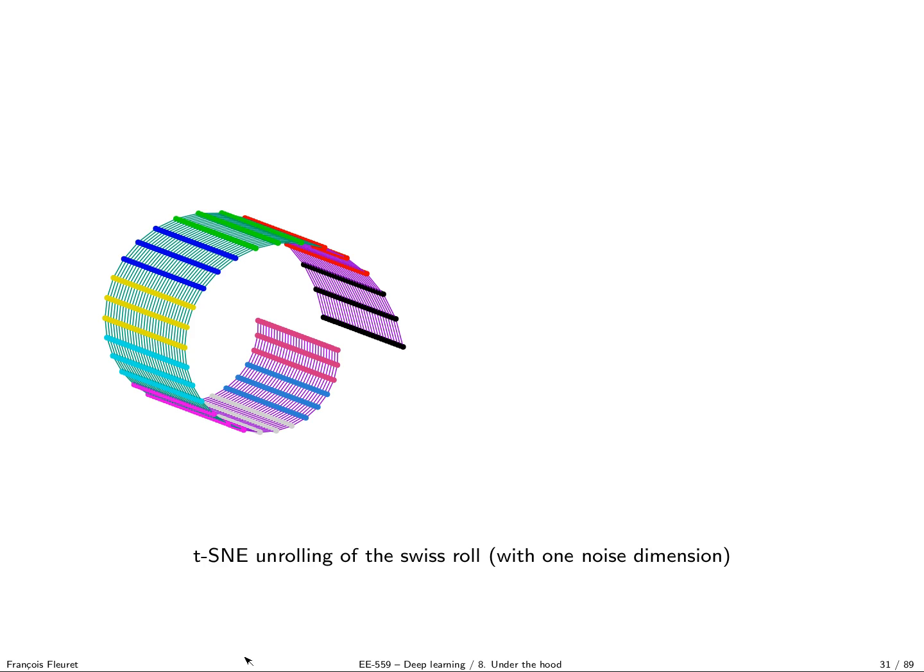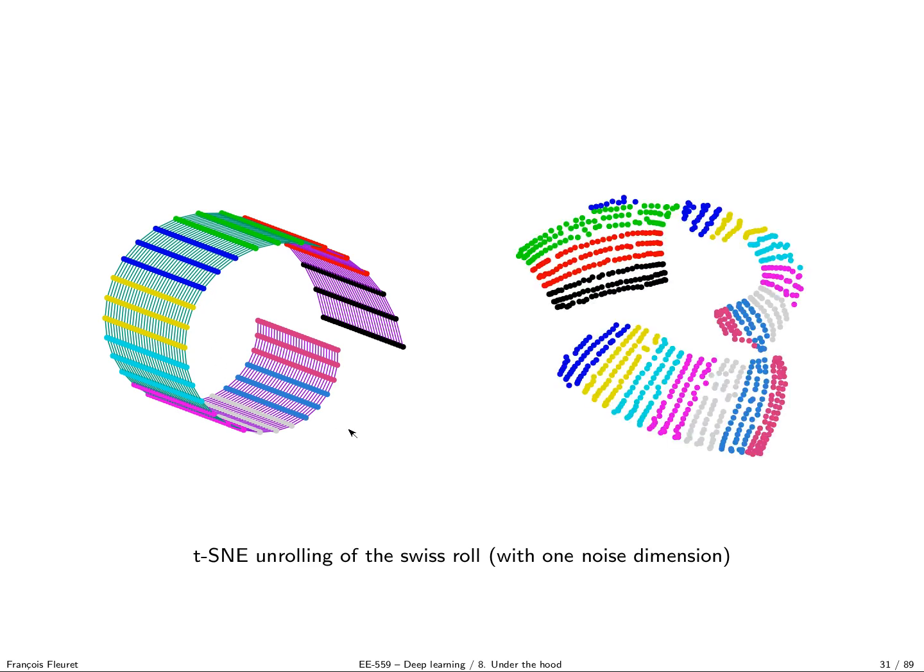So we can look at how it behaves on a simple example. This is the so-called Swiss roll, which is a bunch of points located on a curved manifold. Here you have 1 point per dot, so there are so many of them that we don't realize it, but it's actually a bunch of dots. And I have put a color code so that we can see where it goes. And here's the projection by t-SNE in 2D.